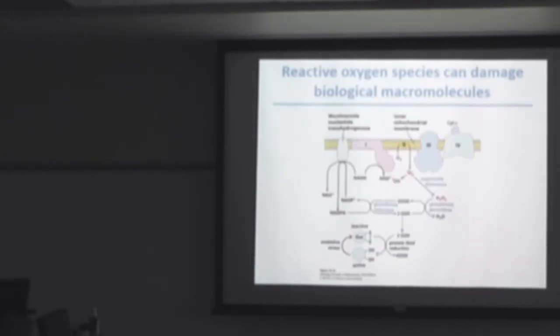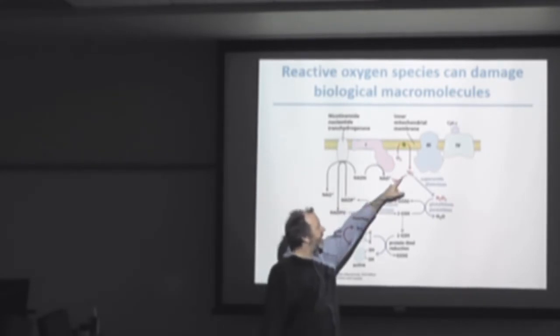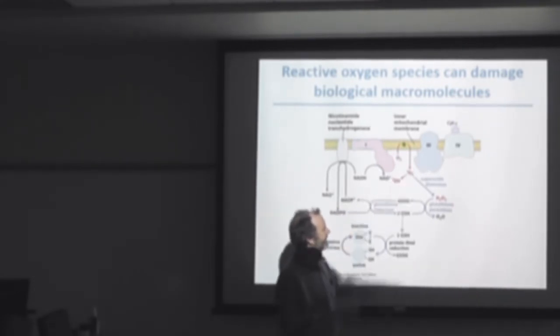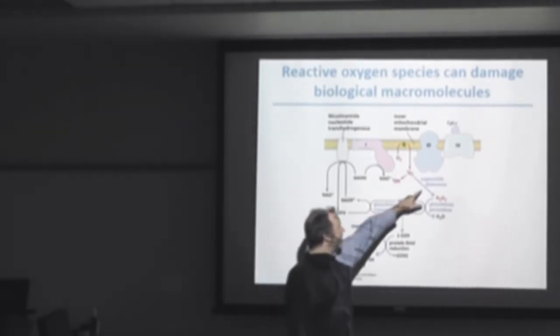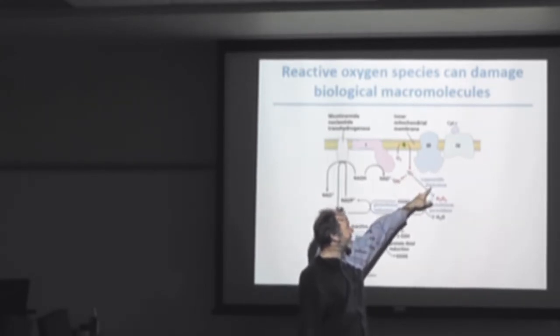So reactive oxygen species can damage the biological macromolecules. So if you let these get out of whack, you can generate oxygen radicals. But there are enzymes that will come and quench those. If we generate a lot of oxygen radicals, we can end up with a lot of oxidative damage. It'll damage these complexes and ultimately result in energy dysfunction in the cell. But luckily we have things that can strip these electrons from the radicals. So we have superoxide dismutase